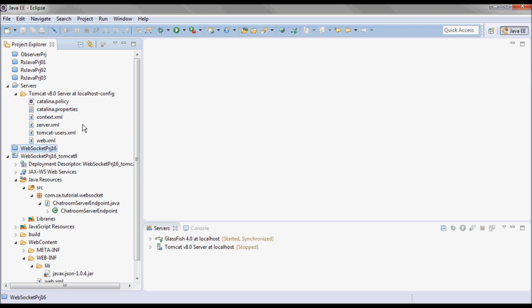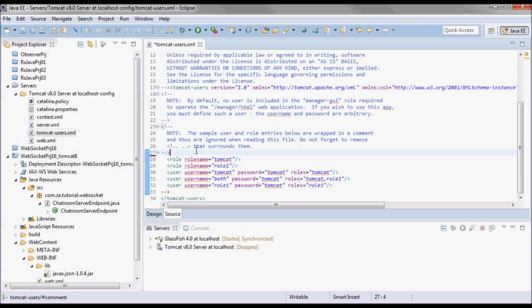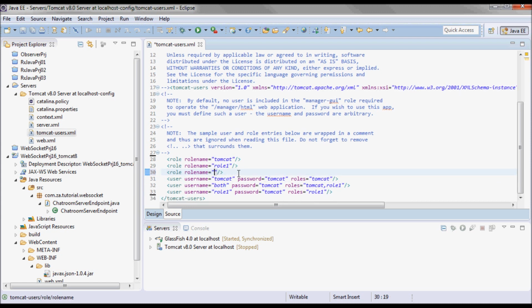And I'm gonna go to Tomcat users and uncomment these, and I'll add the role of users, and VA user 1, and password, let's do password, and roles is users.